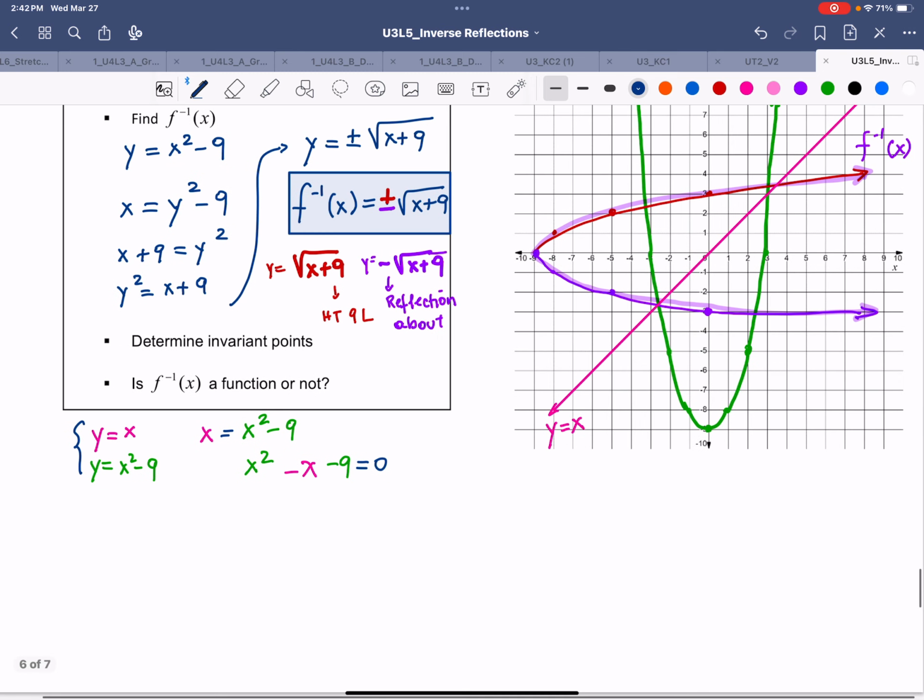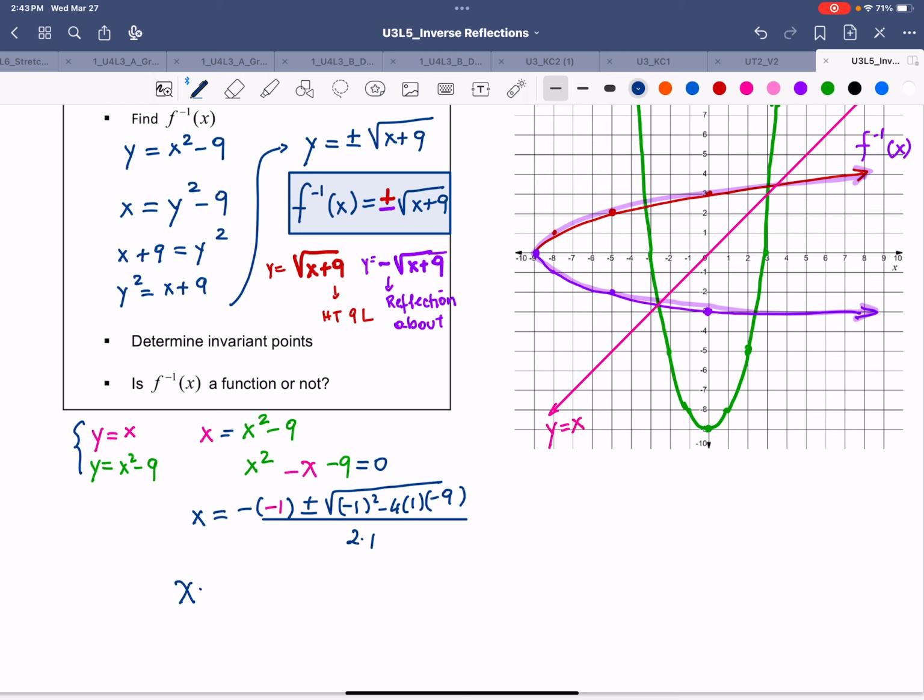So next we have to solve this equation. Obviously it's not factorable. Can't find two numbers that multiply to negative 9 and add to negative 1. So we're going to ask for help, quadratic formula. For using the quadratic formula, then we have minus negative 1, plus or minus the square root of negative 1 squared minus 4 times 1 times negative 9, over 2 times 1. So x equals 1 plus or minus